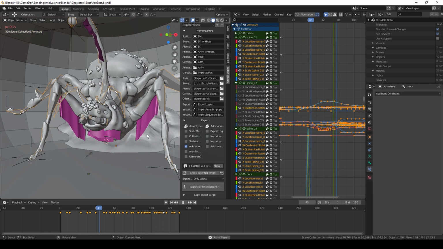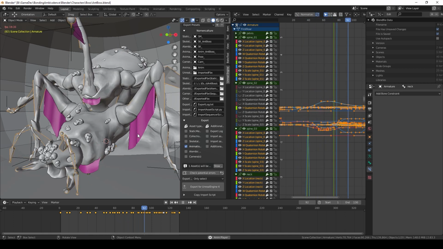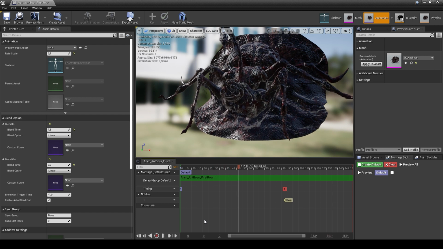The Blender plugin, Blender to Unreal Engine, was again used to export animation data to be read in Unreal.